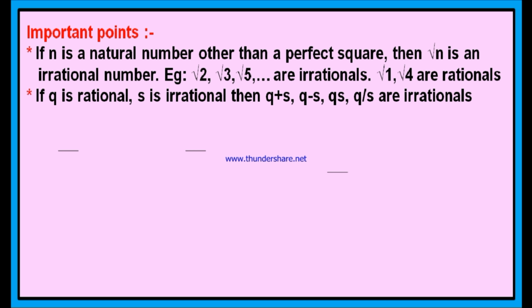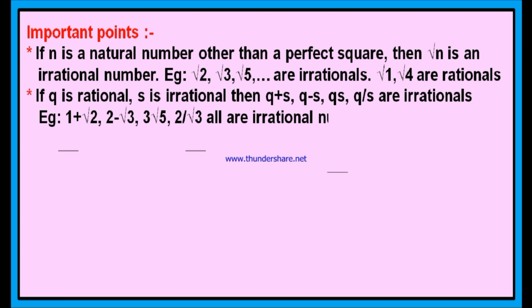If we add them, that is q plus s, or subtract one from the other, q minus s, or multiply them, q into s, or divide them, q divided by s, in all these four cases you will get an irrational number only. If you are given a rational number and an irrational number, and you add, multiply, subtract or divide them, you will get an irrational number. For example, 1 plus